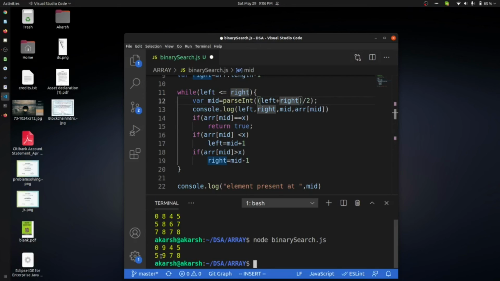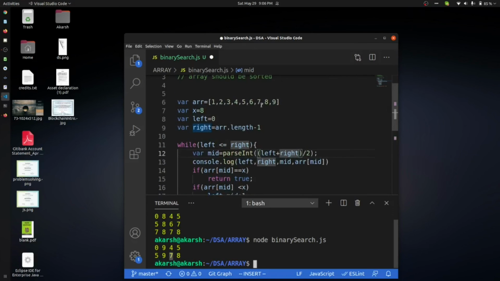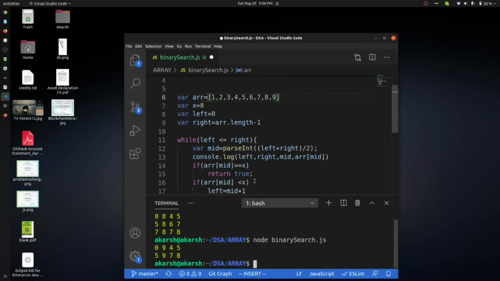5 plus 9 is 14 by 2, so 7. So add this 7. 4, 5, 6, 7. It is checking that element at this is, let's put x also.